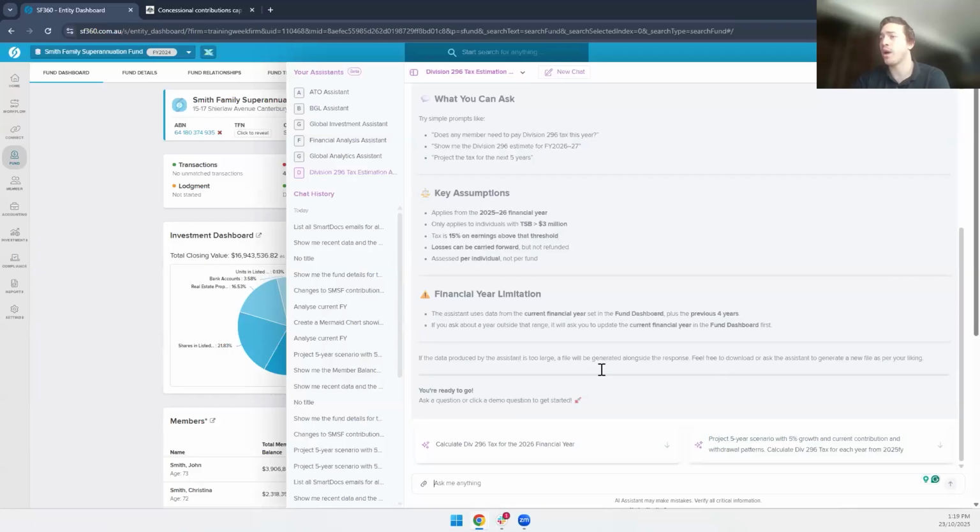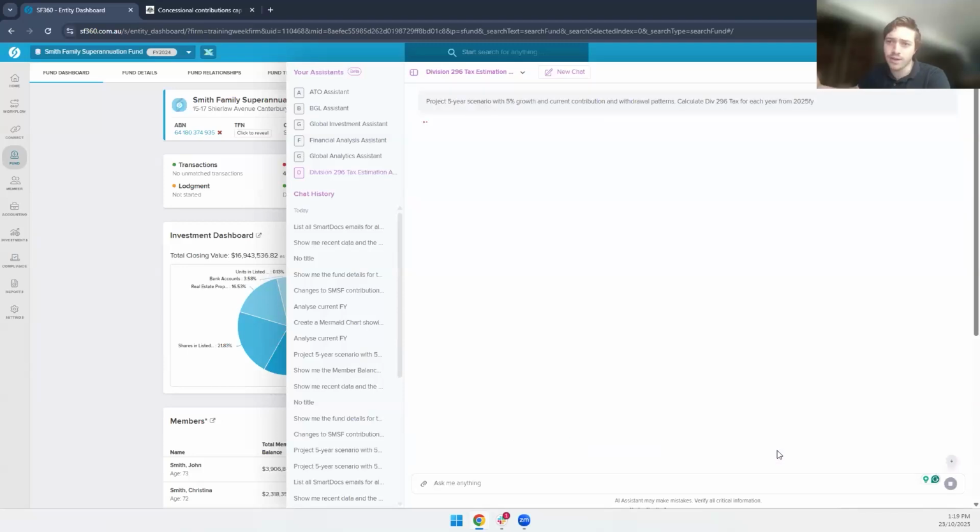Down below, you'll have two options to calculate Division 296. You can actually ask it as well, but I'll just ask it to project a 5-year scenario with 5% growth. Depending on what your fund is like, it may have different results. Now,